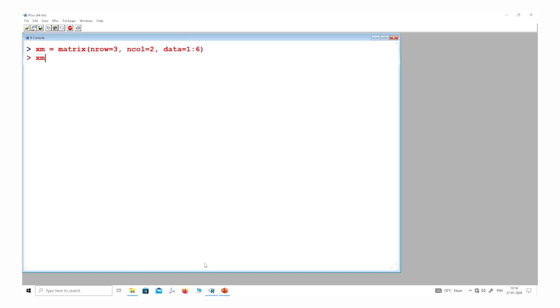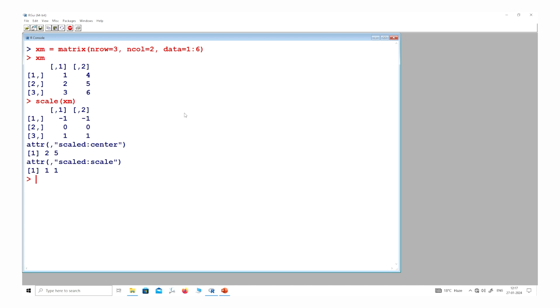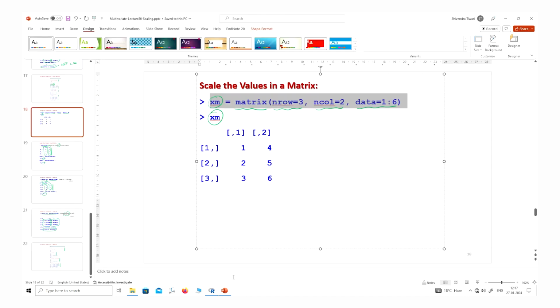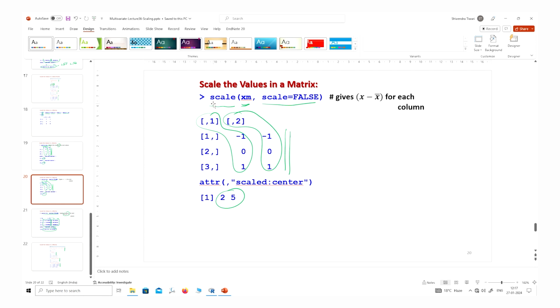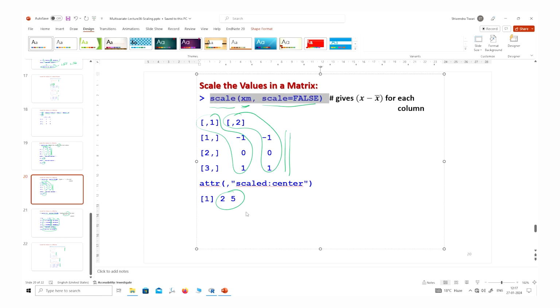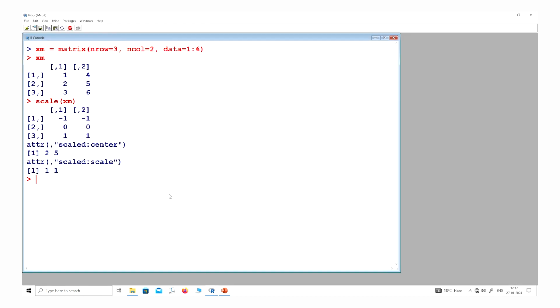So you can see here this is my matrix, and if I decide to say scale equal to xm, you can see here like this, right? And if I try to give another command, using only the scale function will essentially give you the credit score. So many times people will ask you, please standardize your data using the normal score or credit score. That means you have to simply operate the scale function.